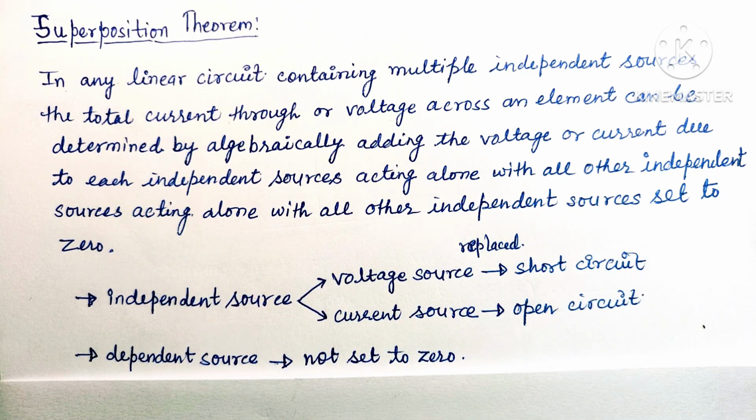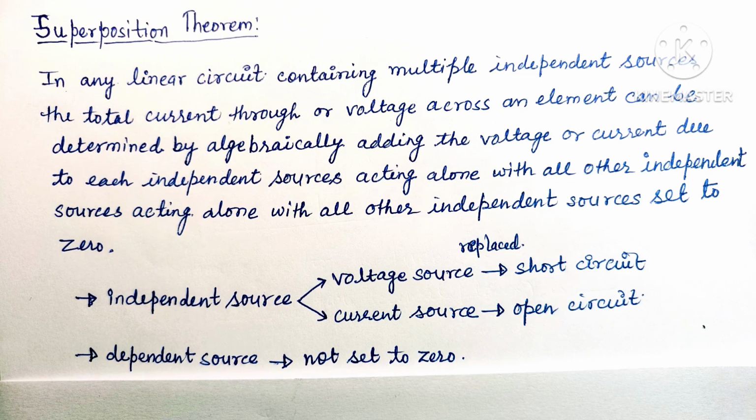So in this theorem it is said that we have to apply each independent source, that may be a voltage source or current source, independently, meaning alone, and we have to find out the effect of this source on the circuit. And these effects, calculated by determining each independent source alone, are added, and the response will be the same as the response determined by assuming all the sources collectively.